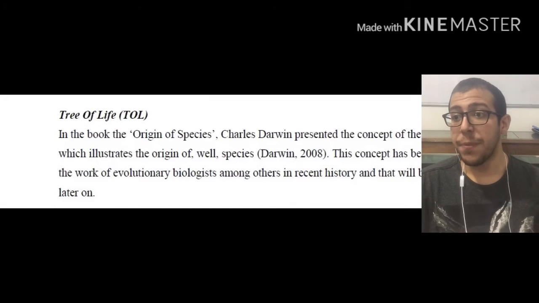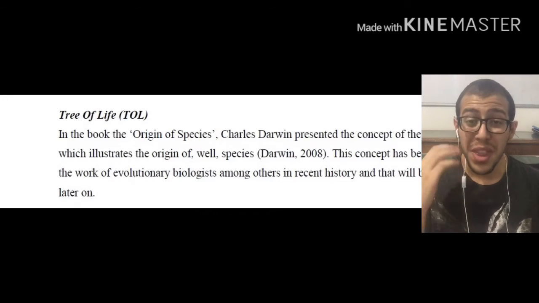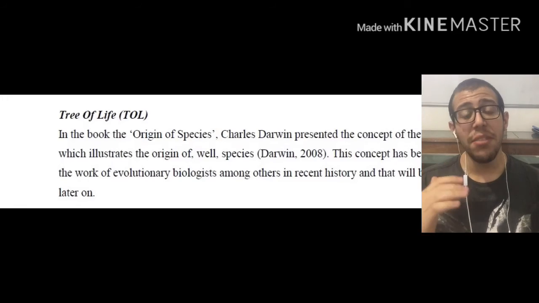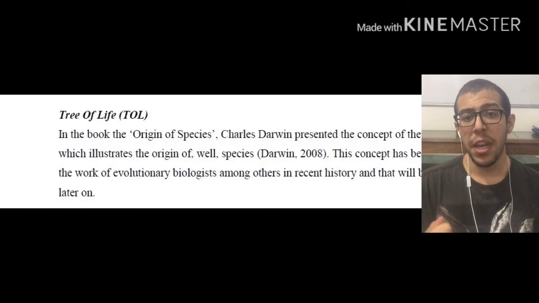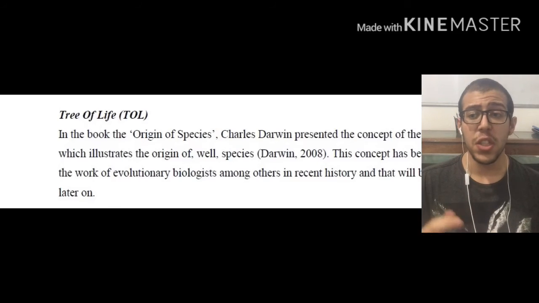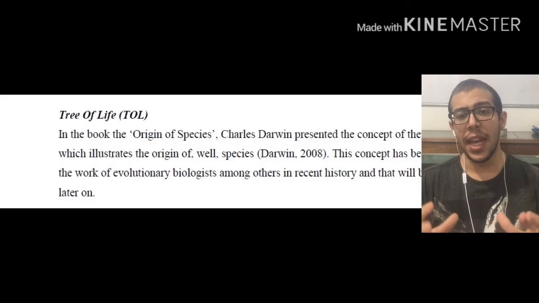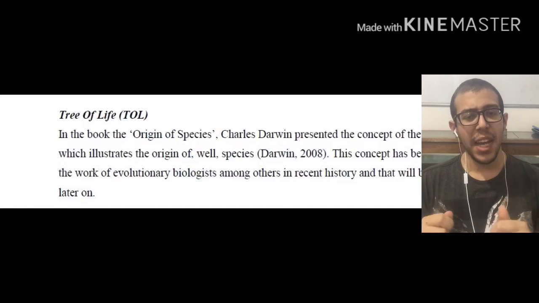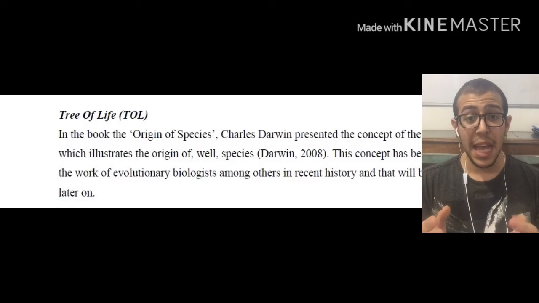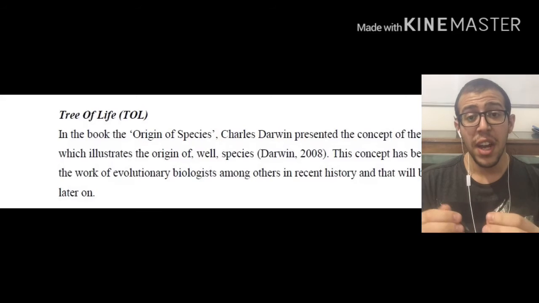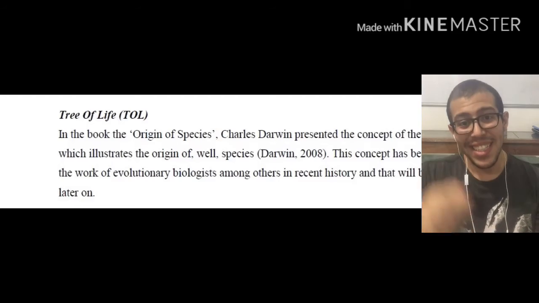The tree of life. In the book, The Origin of Species, Charles Darwin presented the concept of the tree of life. Now, this is extremely important, and I highly recommend you guys go and read more about this, and hopefully you get some information regarding it, because it is actually extremely interesting to see how he was able to explain this concept at a time where science was honestly bare minimum. It was very difficult to come up with these concepts, and some of these concepts still are used as, if you'd like, concrete ideas till today.